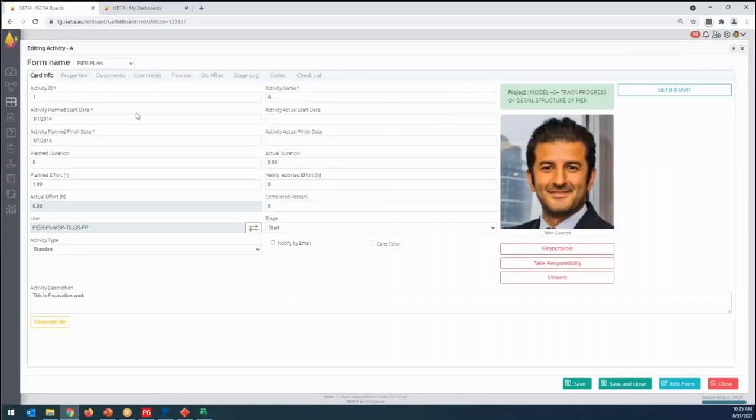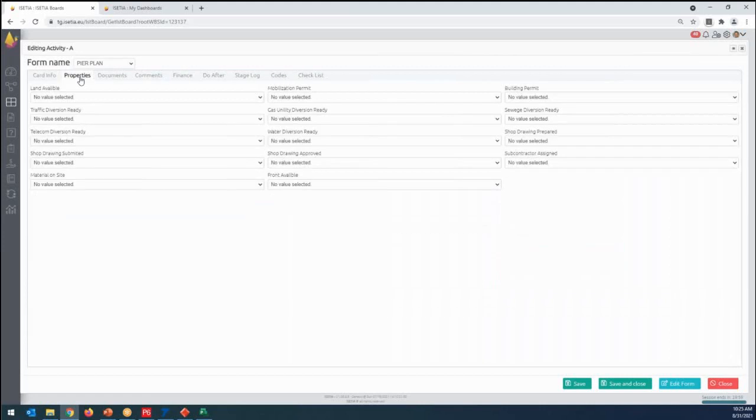And now I can go to, for example, my properties, to check if the land is available, mobilization permit is done, building permit is done, traffic done, gas utility diversion done. So I have a checklist which I need to be making here. All this is an important process already.